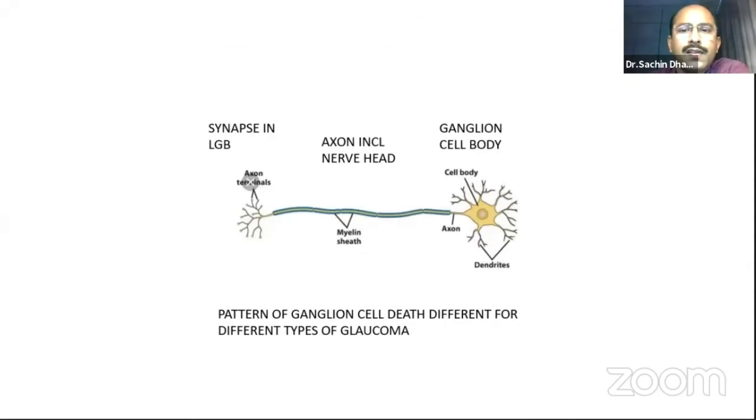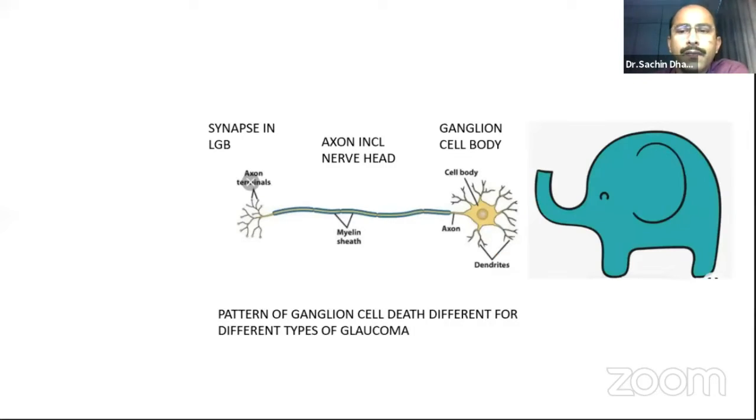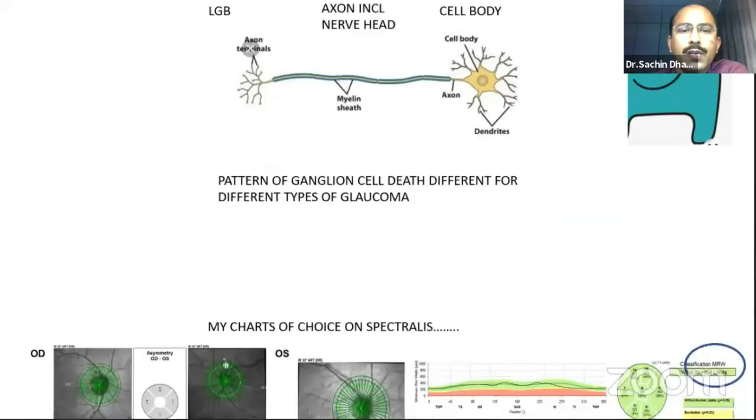So remember, this is the ganglion cell body, the tail and the axon terminals. They are part of one neuron. So you can't see in isolation. So this is like seeing the elephant only with the ear and the tail and not the head if you don't see the ganglion cell layer at the time when you examine the RNFL or the rim. So always remember, see the entire neuron.